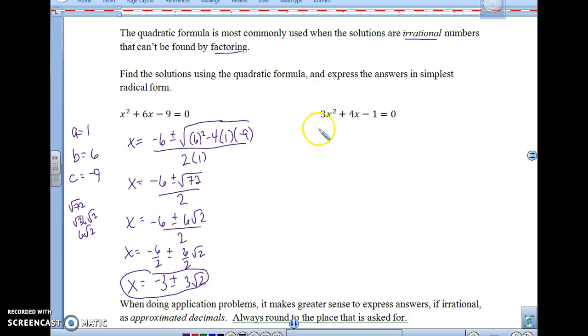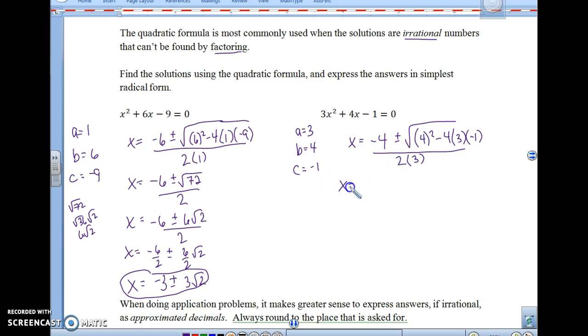Okay, one more. What's my a value? A is 3, b is 4, c is negative 1. All right, my formula, x equals negative b, which is negative 4, plus or minus the square root of b squared, 4 squared, minus 4 times 3 times negative 1, all over 2 times 3. So x equals negative 4 plus or minus the square root of 4 squared minus 4 times 3 times negative 1, which works out to be 28,